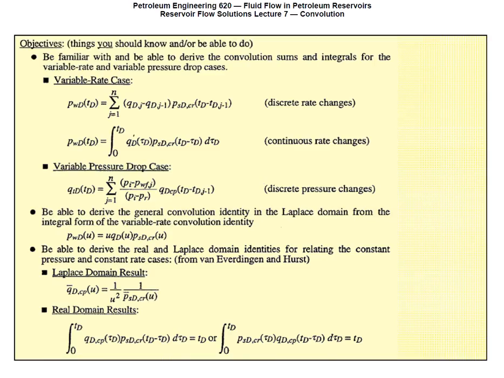So the other aspect of this is that this really complicated mess that we perform in the real domain, these two equations that you see here, this being the variable rate convolution or discrete rate changes solution, and then